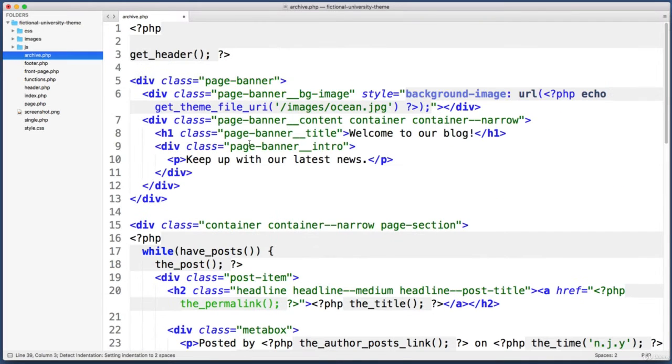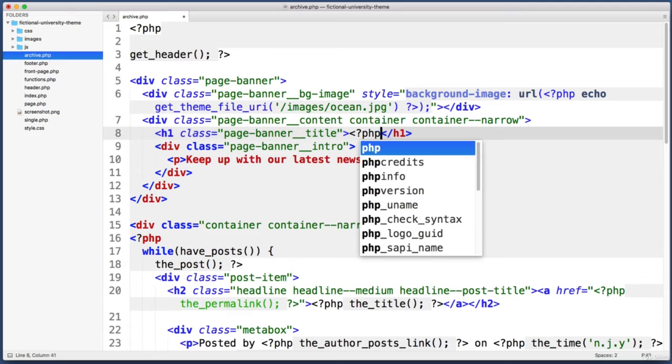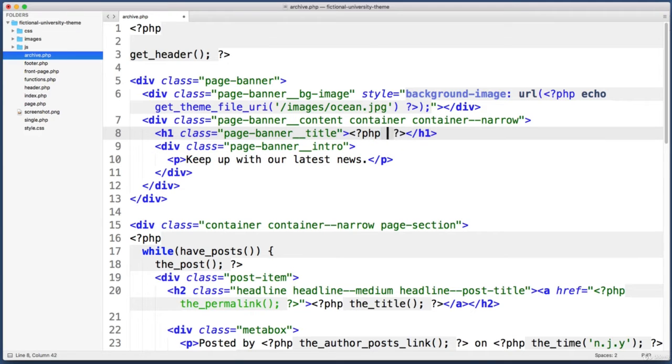And then if I scroll up to the very top, let's begin by focusing on this heading level 1 that reads, Welcome to our blog. So on this archive template, we don't want this text here to be hard-coded. So let's delete that message, and instead let's use PHP to output a dynamic title. Now we're going to want different titles depending on whether we're on a category archive or an author archive or a date archive. So one way we can handle this would be to drop into PHP, and we could say